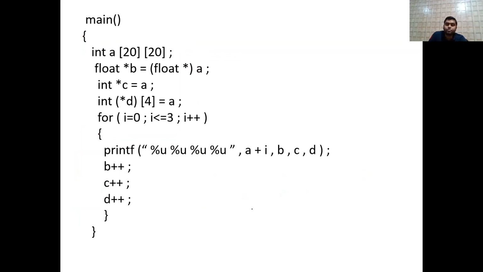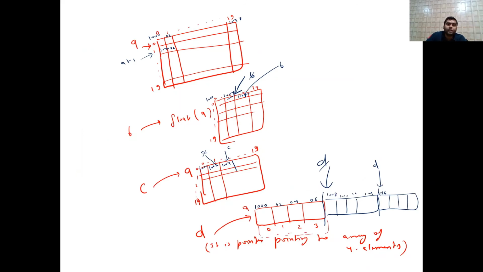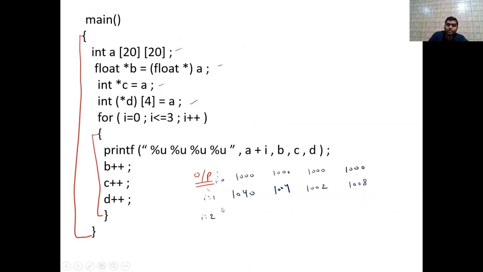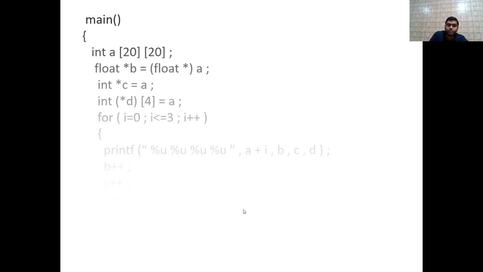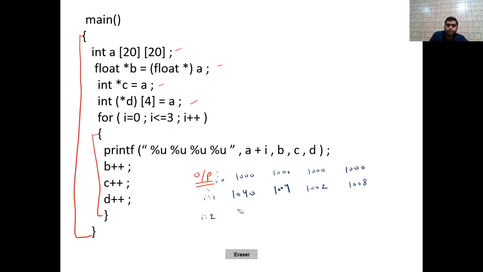So what is A plus 2? A plus 2 means the second array base address in this case. So what is that? 1000 and I think 40, 38. So it is 1080. So next time this will be 1080. Observe very carefully.